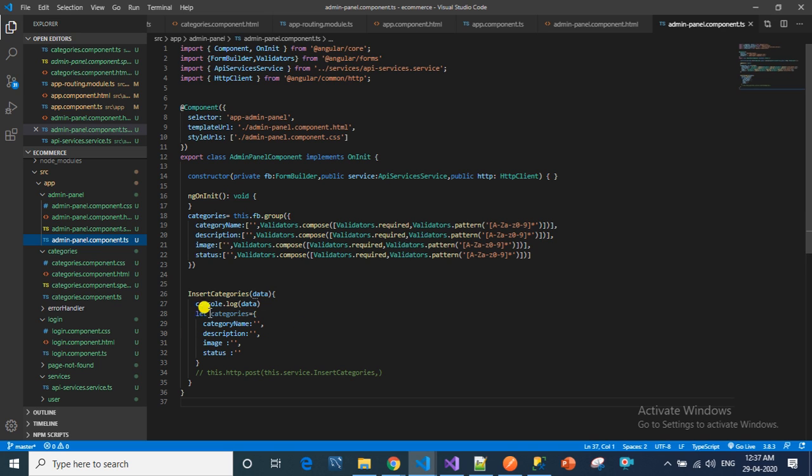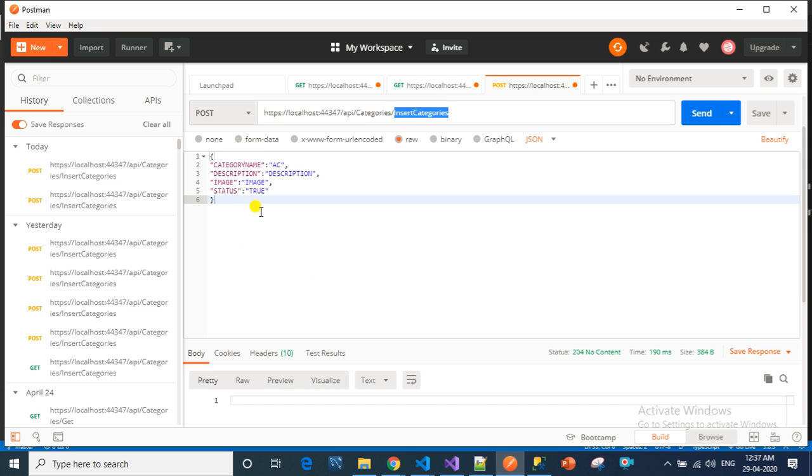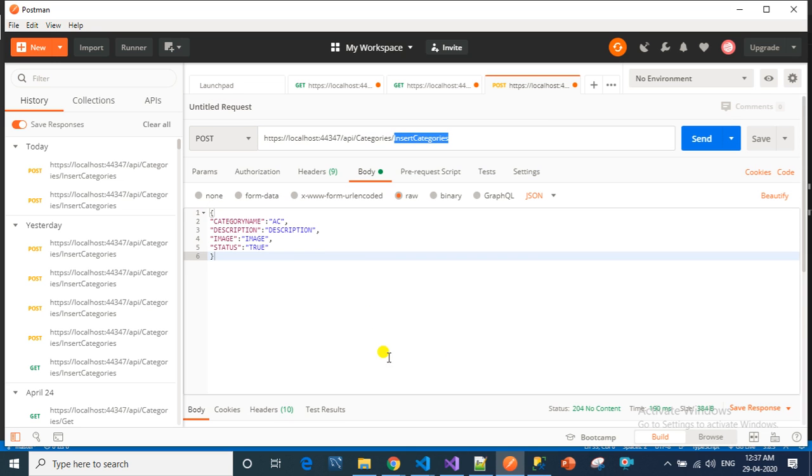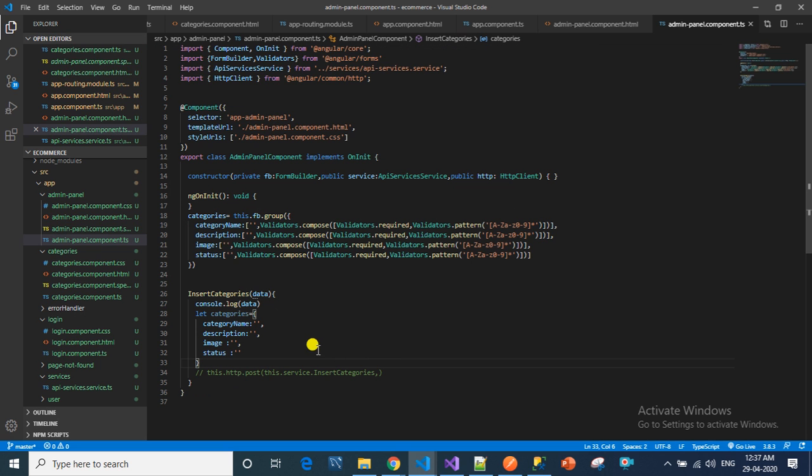So if you see here, we have to send the data in this format: category name, description, image, status. So I have created that. Now we have to send data dot value dot category name. In the same way we have to write for description, image and status.